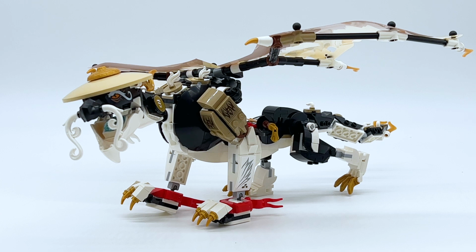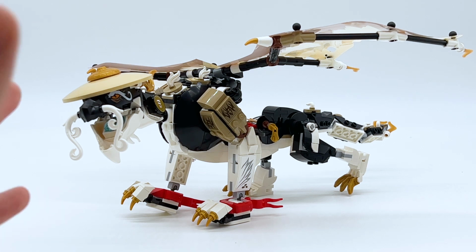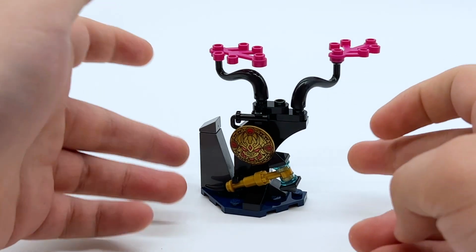Egalt has a great personality. The design's really cool. I like the idea of a dragon who's more covered in fur. And the color scheme's unique for Ninjago as well. I don't think we've ever seen a black and white dragon before. So yeah, I'm definitely looking forward to this character in the show, and I'm very happy with how the set turned out. However, of course, that's not everything in the set, because next we also have a side build to